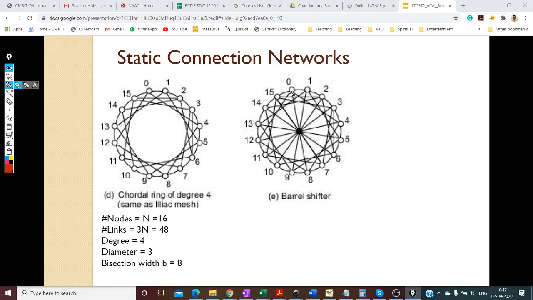You go half the network, and then you go to the next half of the network, and then to the next half. See how it's something like a binary tree that you are forming. So this is called a barrel shifter. Any node you can reach in log n steps, correct? That's why it is very, very useful.